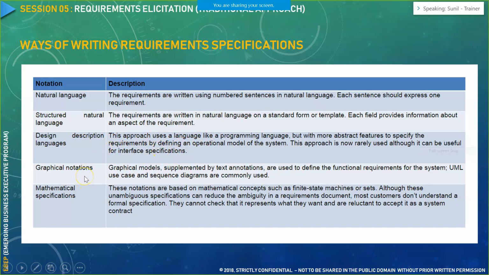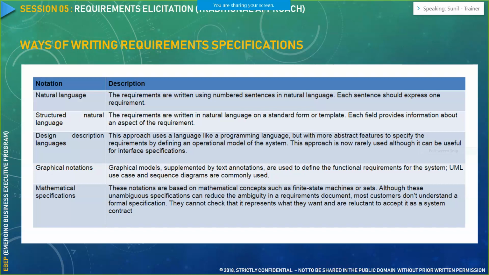Next comes your graphical notation. Now, graphical notations are nothing but your UML diagrams or the process flows or the sequence diagram that you attach with your functional specification document. So, graphical notation is the ideal way to capture the requirement in today's landscape, because people do not have that much time to read through those 100 lines of textual format requirement.